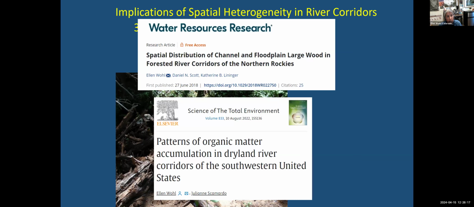And again, some examples of this, the upper one, we were looking at large wood being trapped in river corridors, and the lower one, we were looking at finer, coarse particulate organic material. That sounded contradictory. I meant finer than large wood. But this organic matter, we were working in southern Utah and Arizona. You get accumulations of that, and they're hotspots for a lot of things.